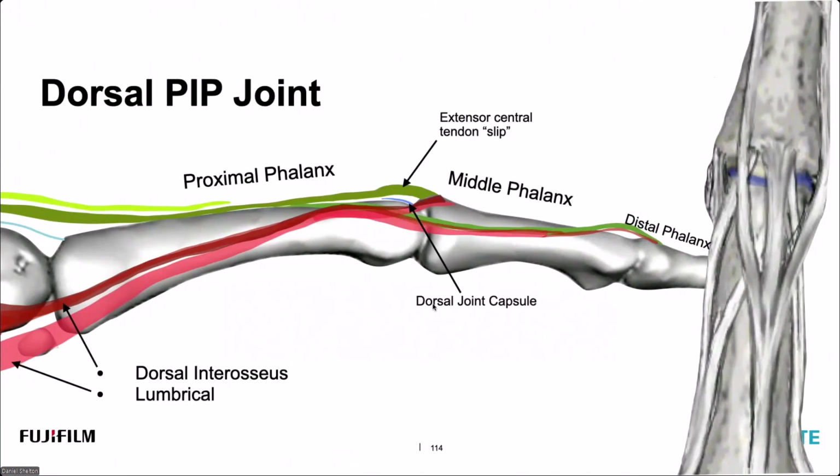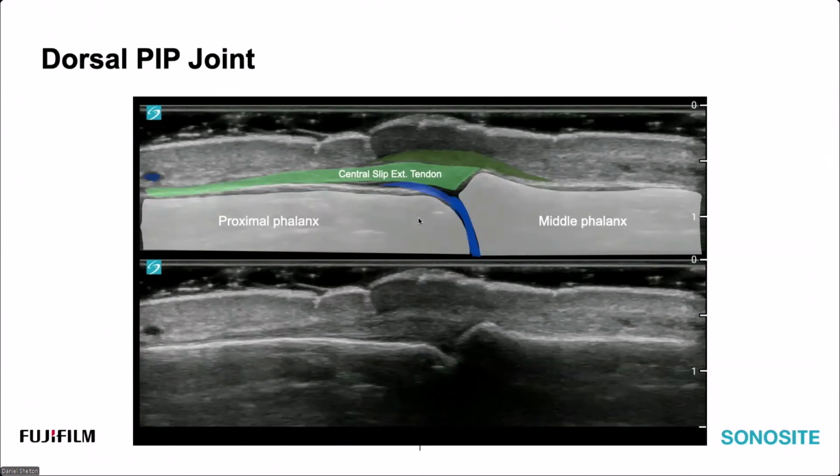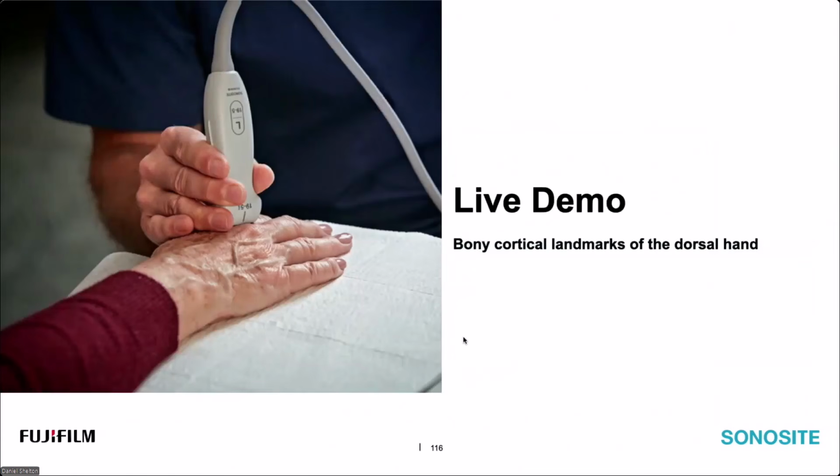A little more distally at the PIP joint level, we've got proximal phalanx, middle phalanx, and then you're going to focus on the central slip of the extensor tendon. It's going to look really thin mid-shaft of the proximal phalanx, and then we're going to see it look really thick because we have this whole host of contributing fibers from the lumbrical area and from the dorsal interosseous, where it contributes fibers very heavily right across here, kind of forming a network of tendon. Here's what that central slip looks like. It does look thicker because of all these contributing fibers coming in from the sides.